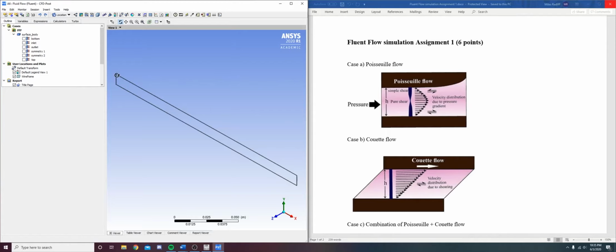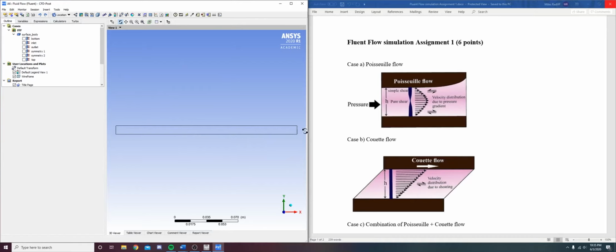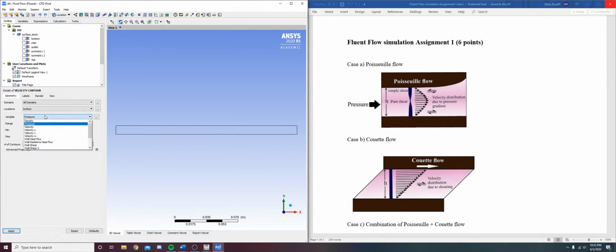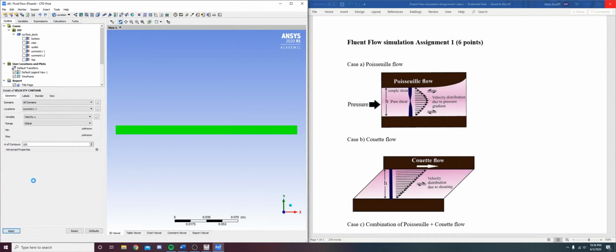The first thing you're going to get when you come into the results page is just the plain two-dimensional sketch geometry, no surface or anything. So what we want to do is see the velocity contour lines. So we're going to come in here and we'll say a contour. Velocity contour. I want it to be velocity in the x direction, so we're going to choose velocity u. And I don't want 11 contours, I want 100. So if you apply that,